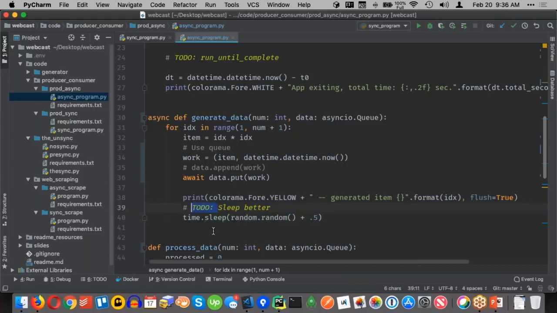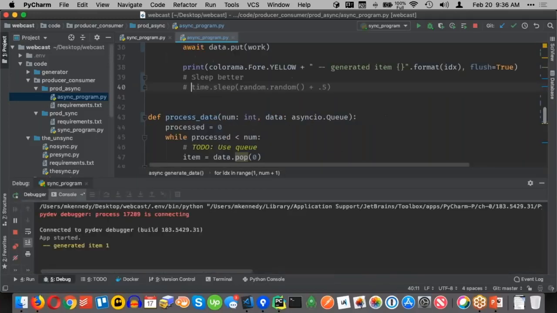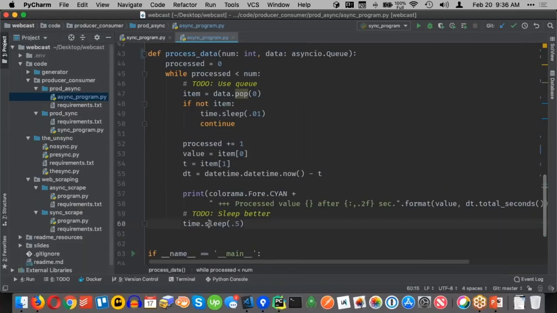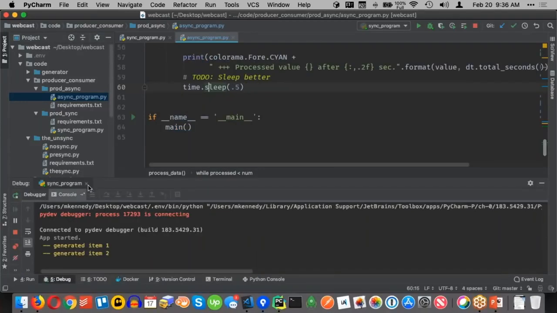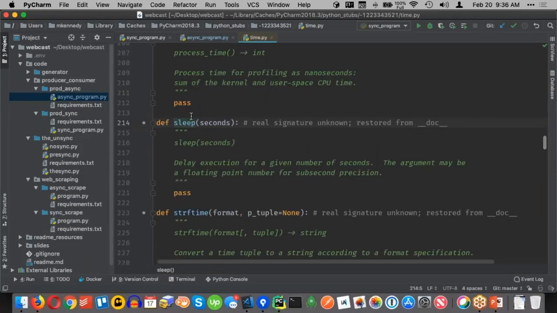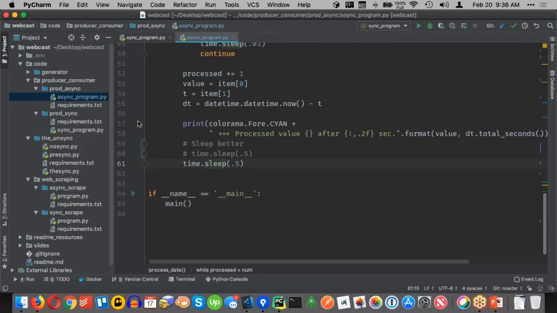So the other thing that we want to do is, time.sleep is not super helpful. What we need to do is a different type of sleep. Okay, so we don't want to do this. We want to do something that is awaitable, because if we look at this definition, it's a def sleep, not async def sleep. So any chance you get to call an async function is better, and async IO comes with a sleep that is itself async.